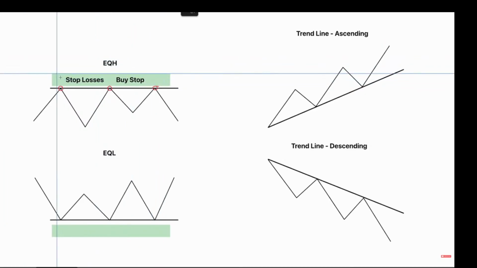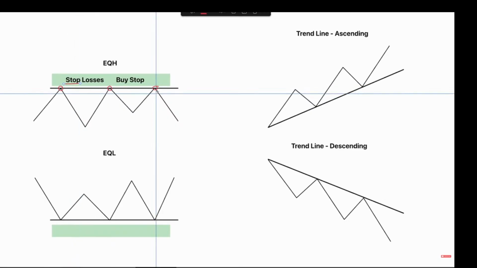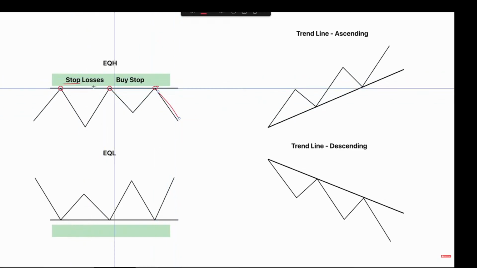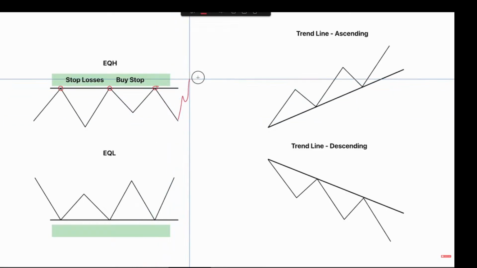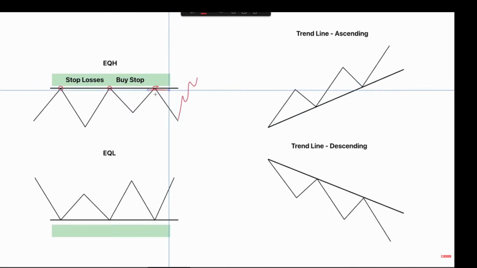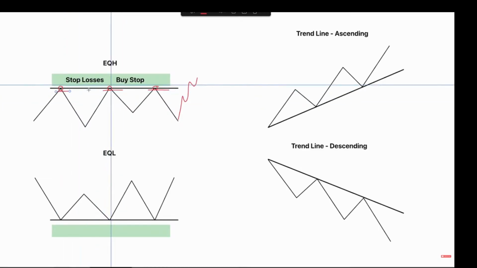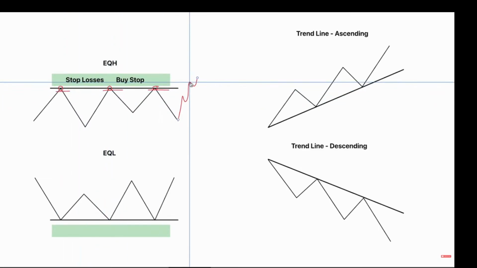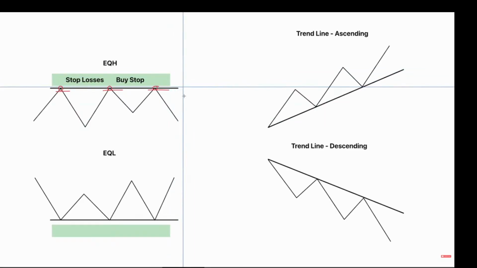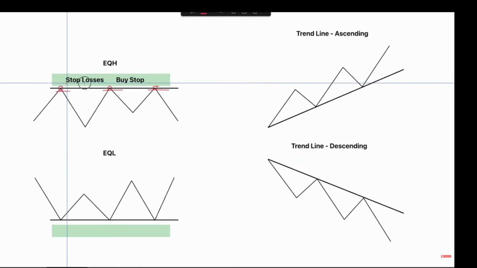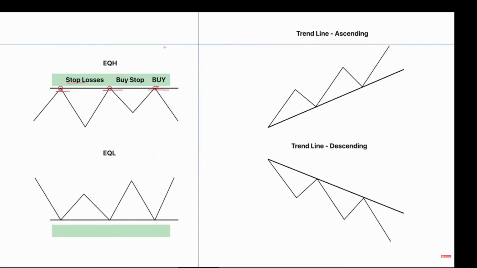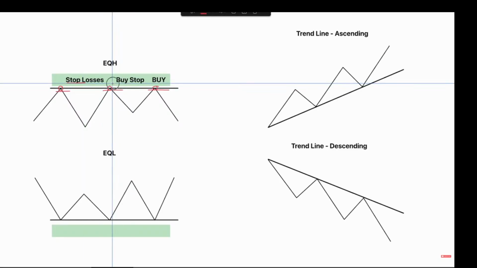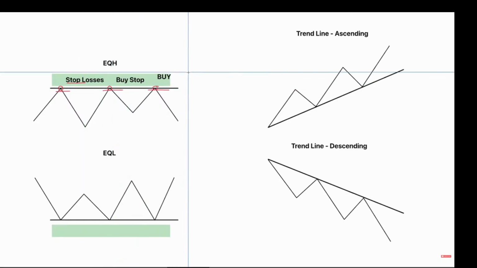Now, if we think about what a stop loss is, in the case of a sell trade, it is an order to automatically buy back contracts for more than you sold them for, because a short selling order, i.e. selling at these levels, is simply where you sell with an obligation to buy back later, regardless of whether it's a higher or lower price. So stop losses in this instance are actually buy orders. We have a large amount of buy orders above this level, now in two formats, in stop losses and in buy stops. Now, if we have a massive amount of buy orders,